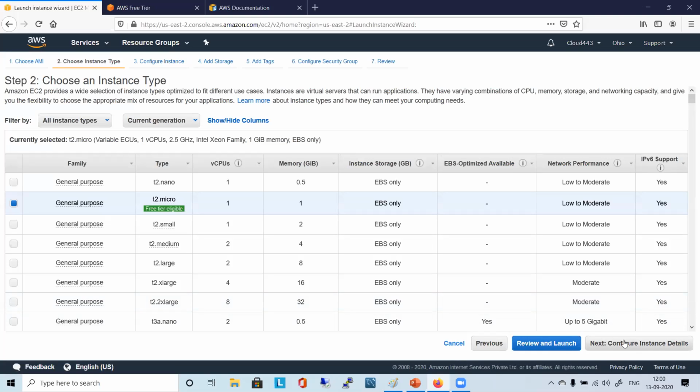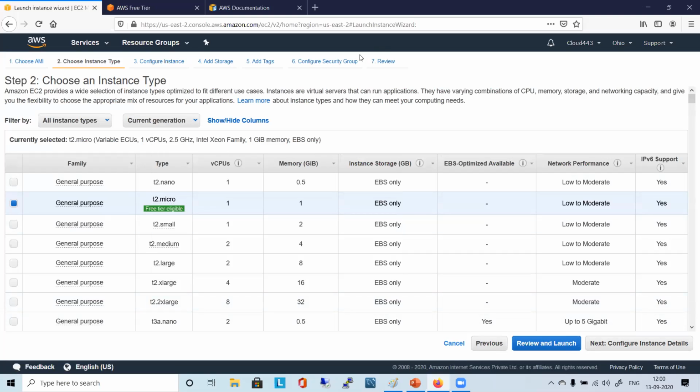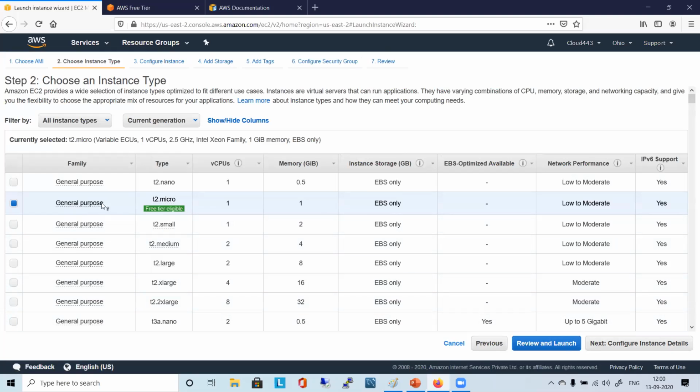So I go and launch instance. Here again I select free tier only. Yes. Then I go to the 2019 base. I selected it. Now it asks what kind of T2, T3, whatever. So which one do I select? Just select this general purpose T2 micro, the only one eligible for us.